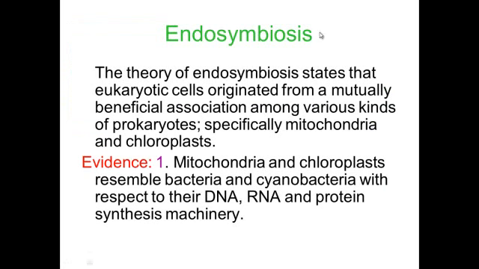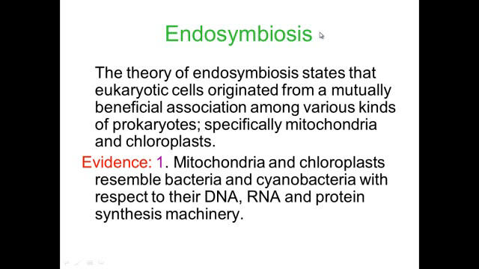Which led us to this endosymbiosis theory. Endosymbiosis is the theory that tries to explain how those eukaryotic cells formed. Well, very harsh conditions, a lot of natural selection. What eventually happened is one cell ate another cell, and rather than digest it, they decided to live in harmony together. The two organelles that we know did that are the mitochondria and chloroplast, and there's lots of evidence that points